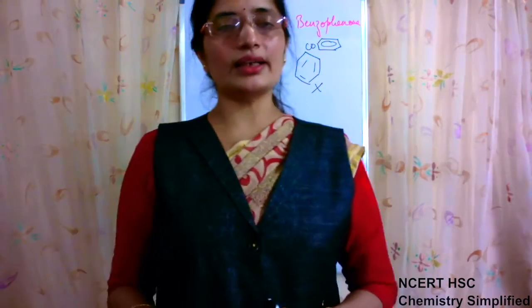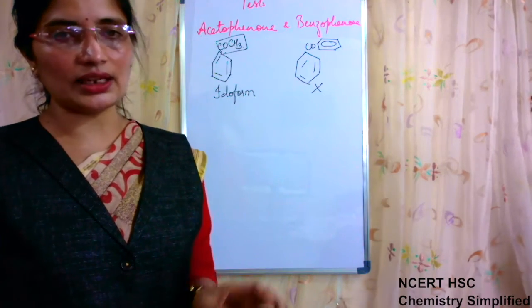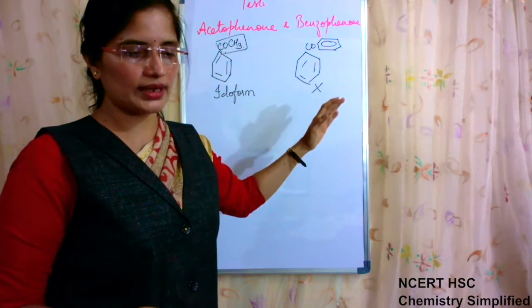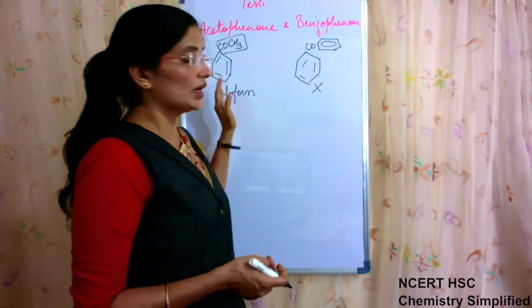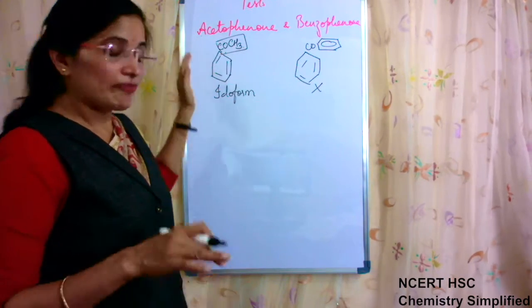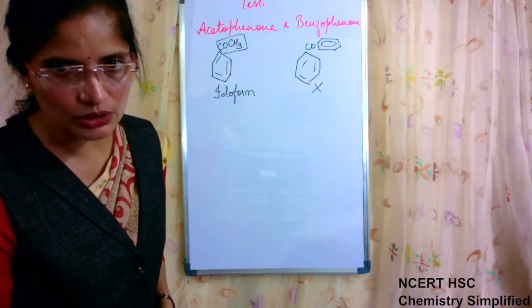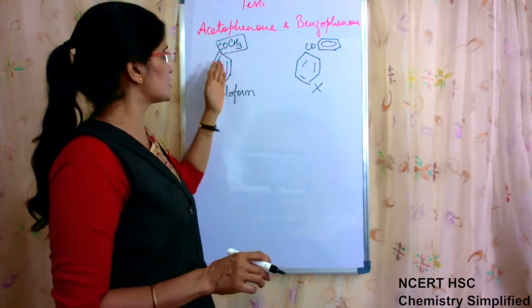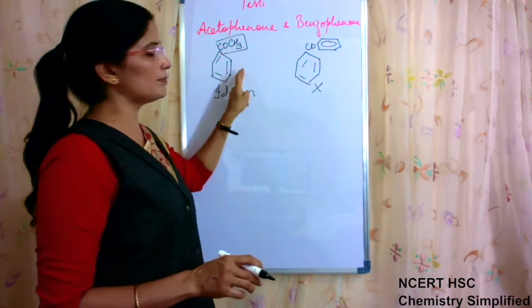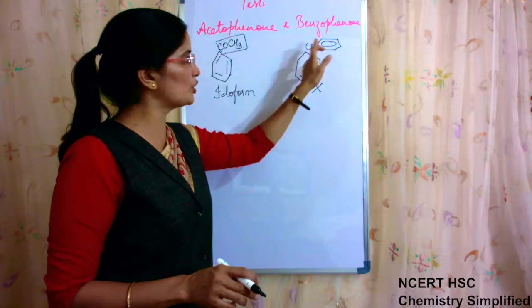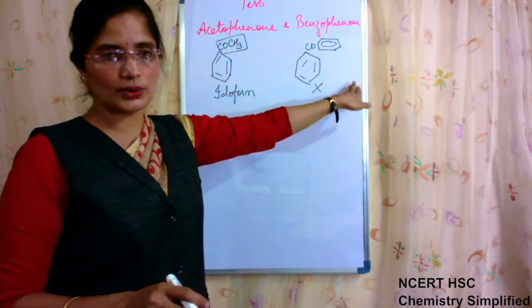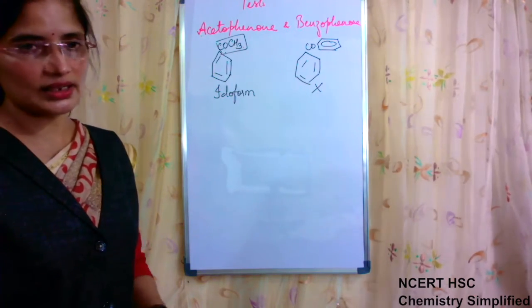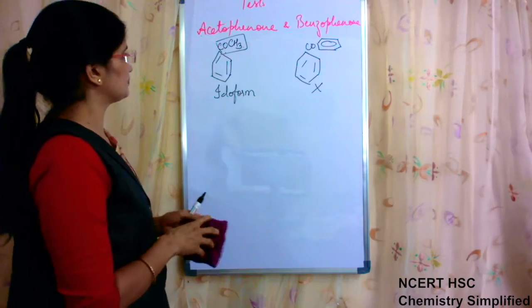One more thing: when you write about a test, you should not just write the name of the test, that which test you can use to distinguish between these compounds. You wrote iodoform test and you expect that you will get marks. No. For the iodoform test, if possible write the reaction; if not possible to write the reaction, then at least say, because of this compound's structure, draw the structure, because this compound is a methyl ketone, it will give a positive iodoform test, and this will not give a positive iodoform test because it is not a methyl ketone. This much is needed, then only it will be a test. Writing just the name of the test will not do.